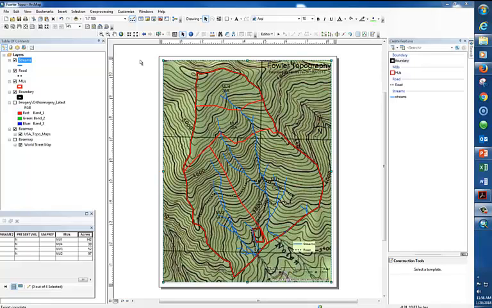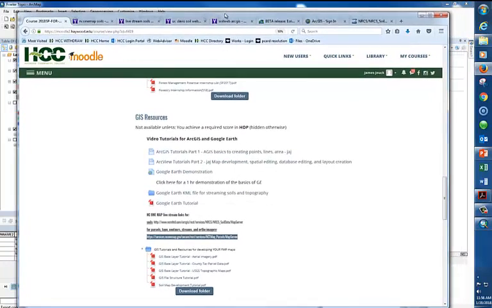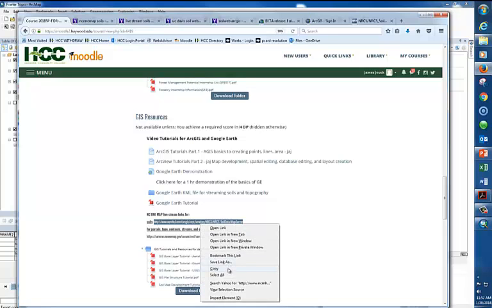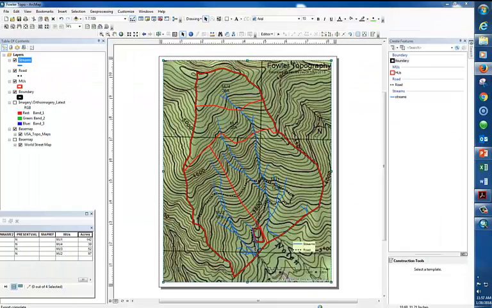But we could also create a soils map with some of these live links as well. Let me go ahead and show you. I've created another link for soils here, and I don't know why it's not the best in the world, but it does in a pinch, and it serves as a nice map that goes along with all your others. And I'm having a hard time copying it. There we go. So you highlight it, and it's the NC1 Map live stream links for soils. Okay. Copy it,